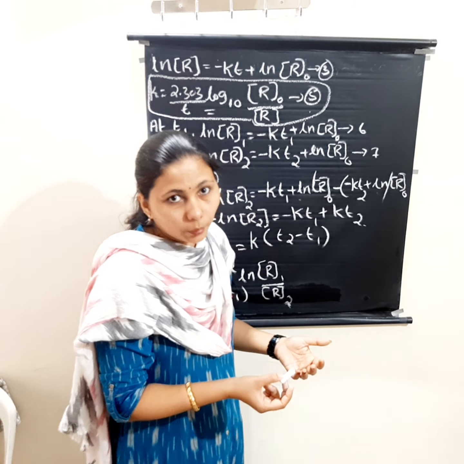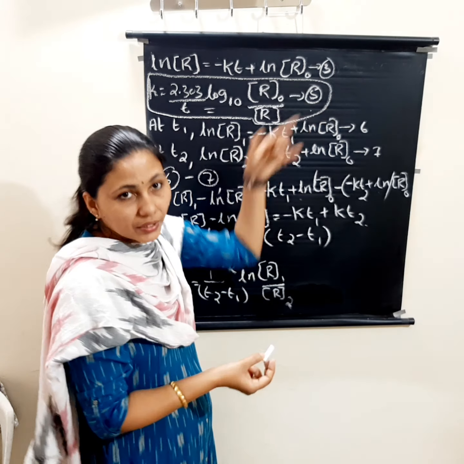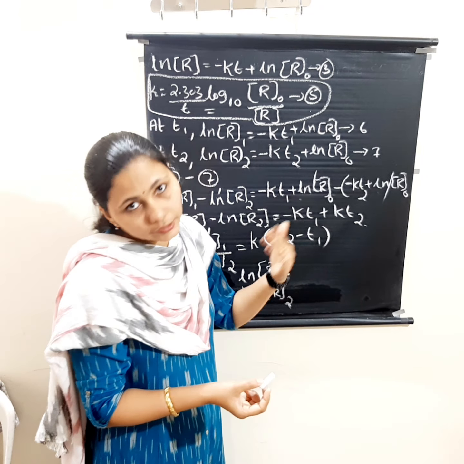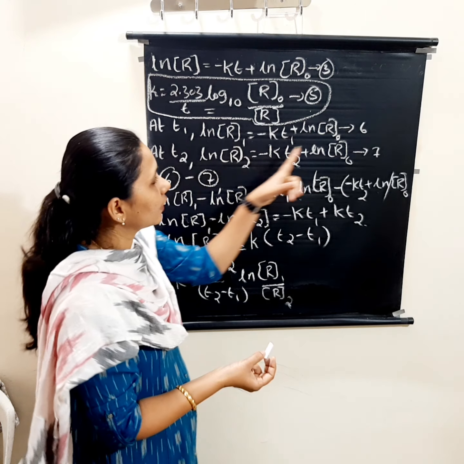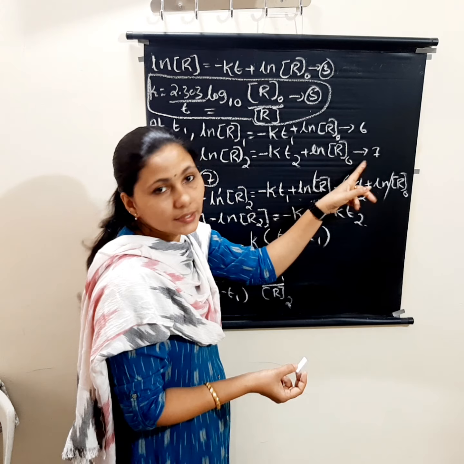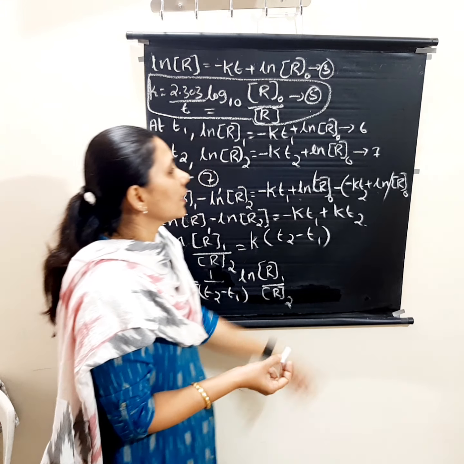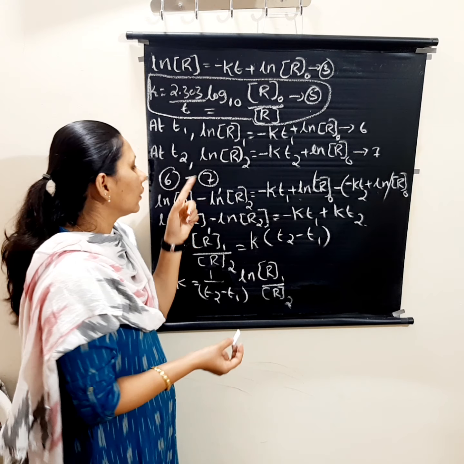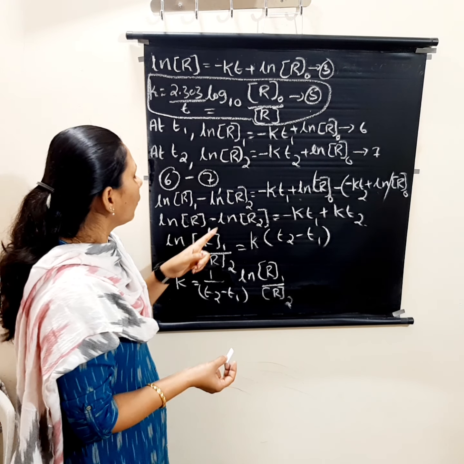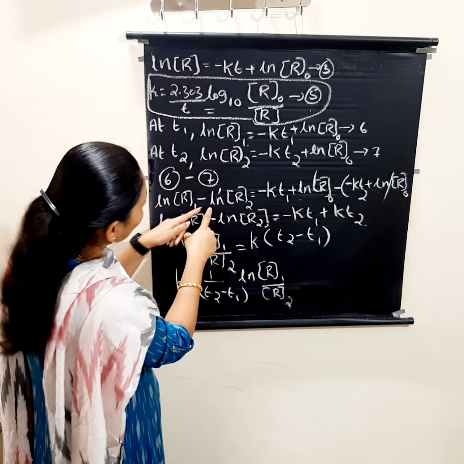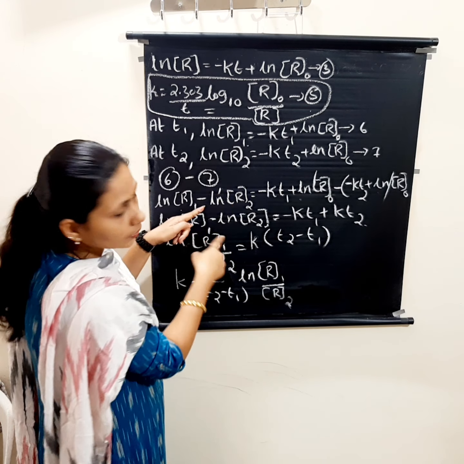used for doing problems. So we know this is equation 3. Rearrange that equation at time t1 and t2. So at time t1 we will get this one, and at time t2 we will get this one, and name them equation 6 and 7. Then equation 6 minus 7, subtracting, we will get ln r1 minus